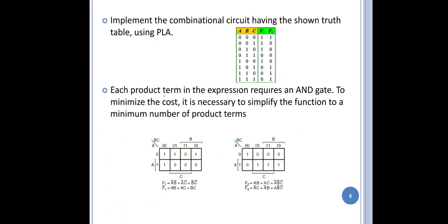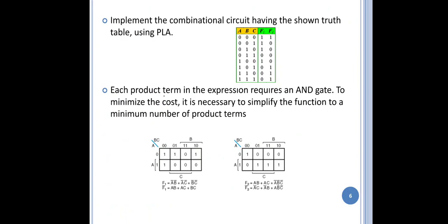So here we are getting the equations both in true and complementary form. That is, the expressions for f1 and f1 bar: by grouping ones you can get the expression for f1, and by grouping zeros you can get the expression for f1 bar. Similarly for f2 you can get f2 and f2 bar. f2 is obtained by grouping ones and f2 bar by grouping zeros. That is, we can get the expressions like this: f1 and f1 bar, f2 and f2 bar.